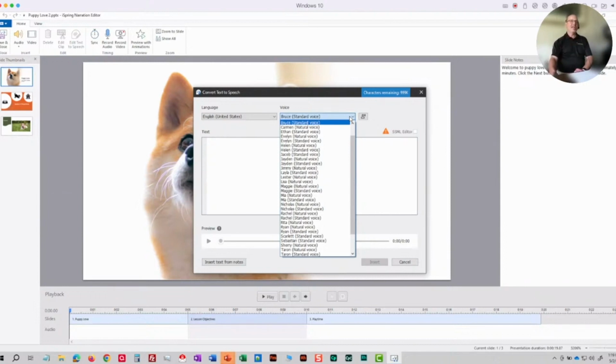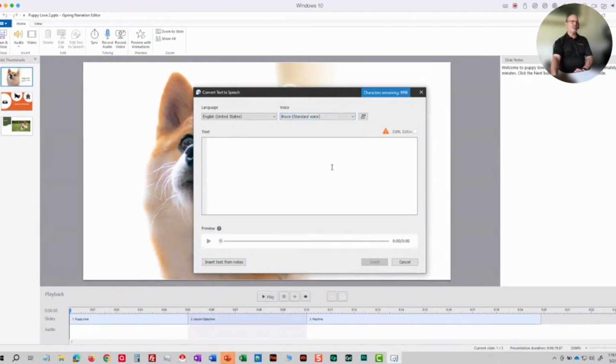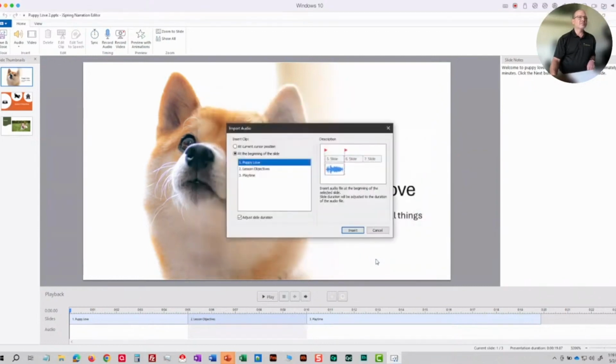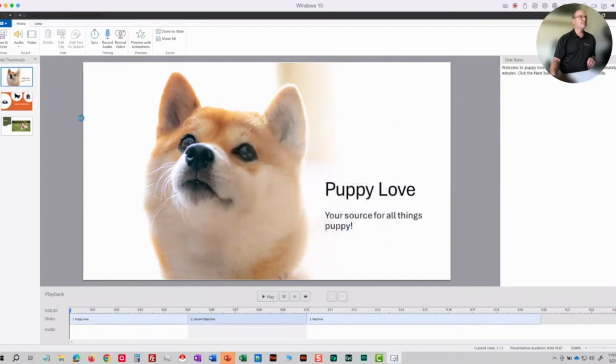Pick a voice. It used to be text to speech was laughable. It actually is really, really good. And what I really love, remember I said to you all, put your notes in the notes panel. Well, insert text from notes, and insert. And now I'll just click insert. I'm done with that. And I'm going to go to slide number 2,